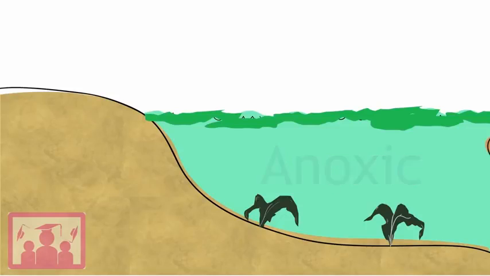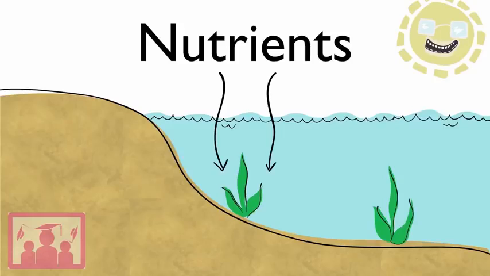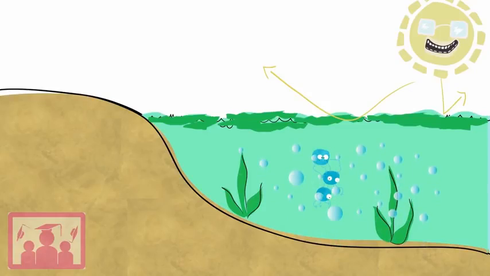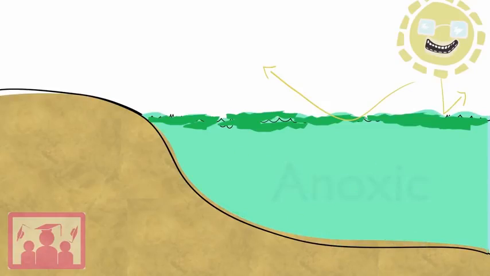If the water turns anoxic, all non-bacterial life in the water, including fish and other animals, will die. So, eutrophication happens when nutrients are added to water, which causes an algal bloom, cutting off sunlight and feeding bacteria. The bacteria use up oxygen in the water, which becomes anoxic, causing everything living in the water to die. Eutrophication is one reason why we need to be careful with fertilizers when we're growing